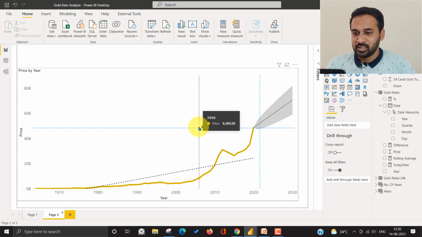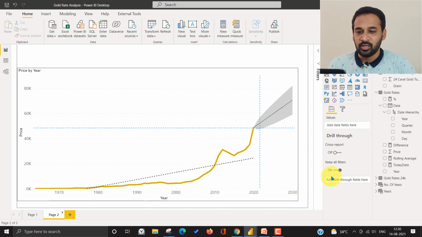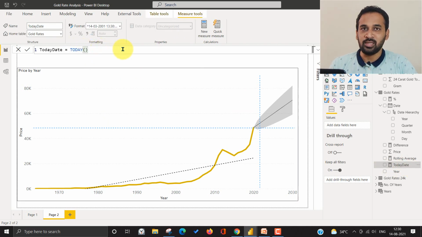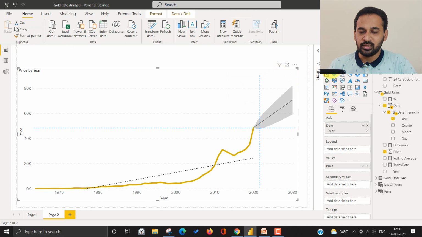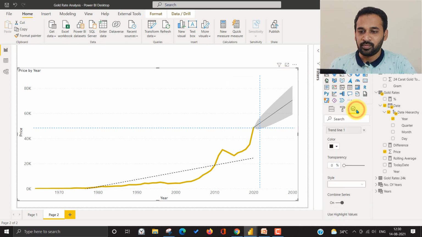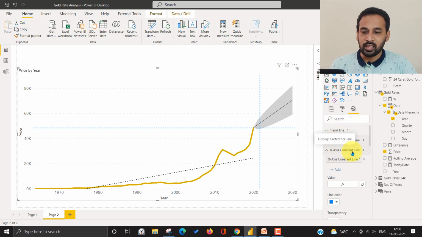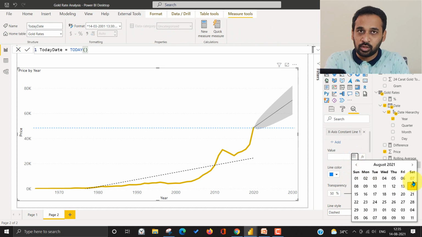So how we can do this is, the first thing is on the x-axis we need to have today's date. So what I did, I just added a measure like this. It is just a simple measure. I have given the name today, and I have selected this same line chart visual and gone to this analytics pane, and here I have this x-axis constant line. I clicked on add, so it added this value, and here if I erase this, either you can select a date from this drop down. It will be a static one, it may not be a dynamic one.